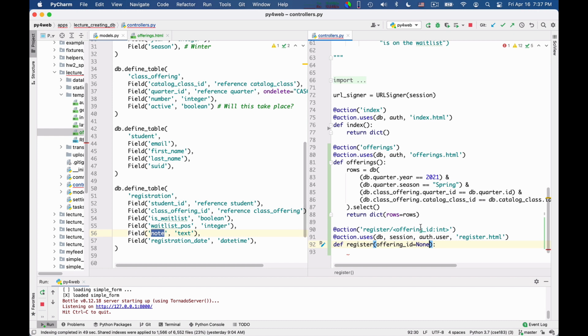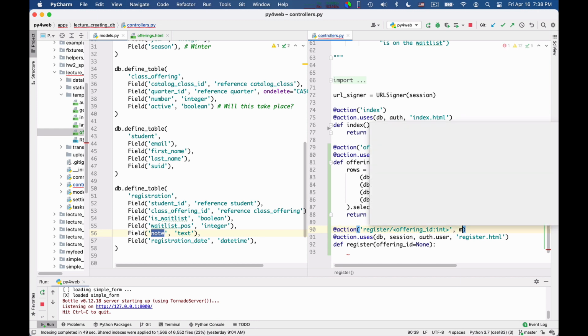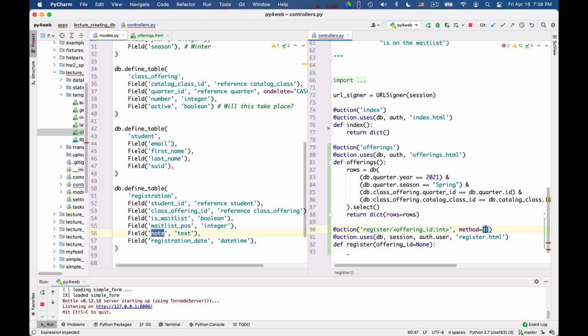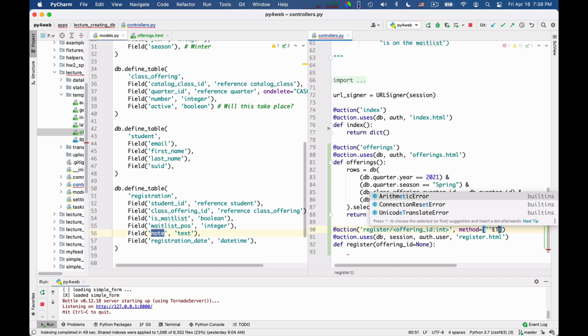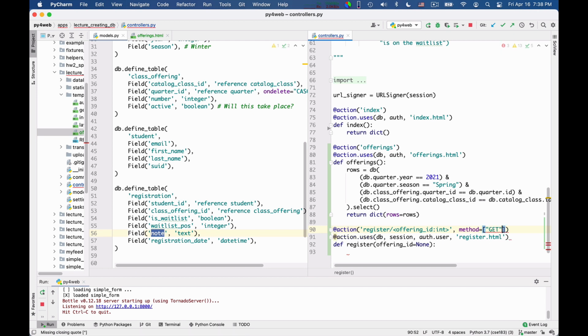Essentially, I want to display to the user a form that says, are you sure you want to register to this class? If so, leave a note, and then confirm and delete, a couple of buttons, very simply. So this page should be accessible via method get, and also via method post, because it would serve as usual a form.